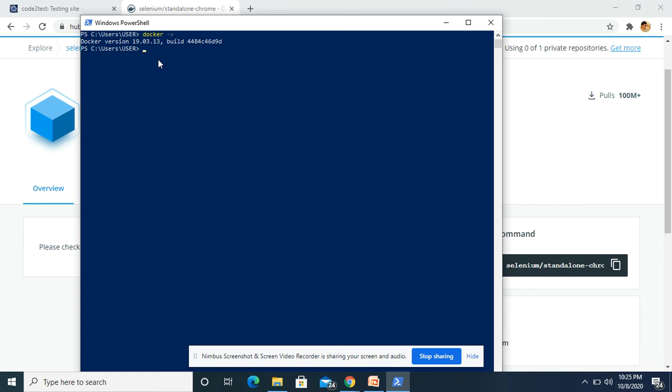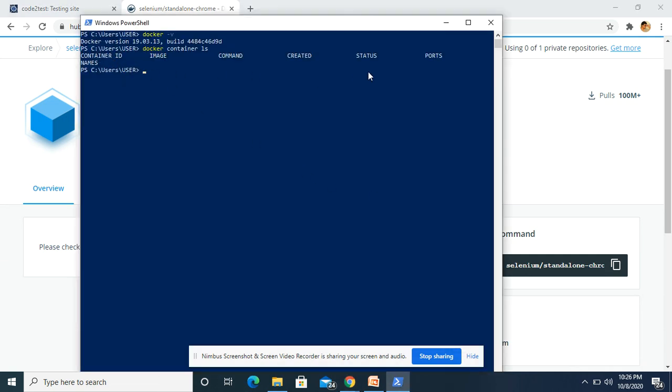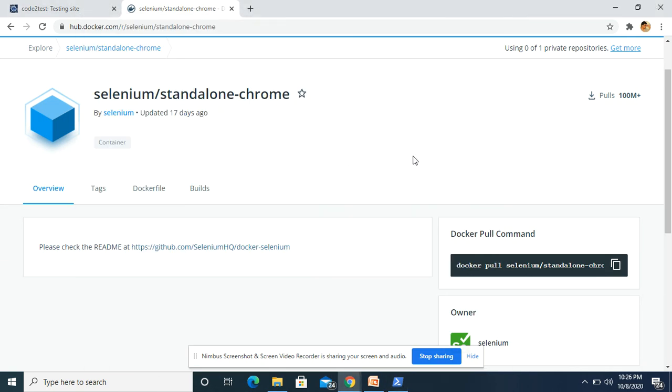And if I want to check how many runnable containers I have, I just type docker container ls. You see I don't have any active containers with me. If I pull any image, it will directly be displayed inside this grid. We will learn the basic commands in our next tutorial.